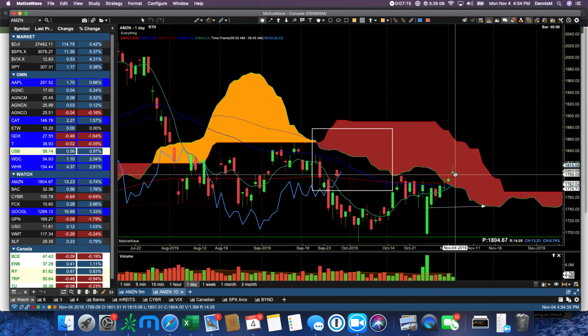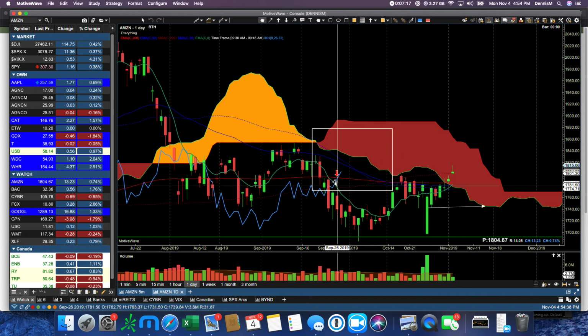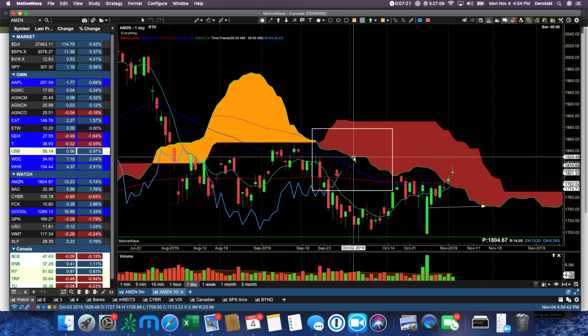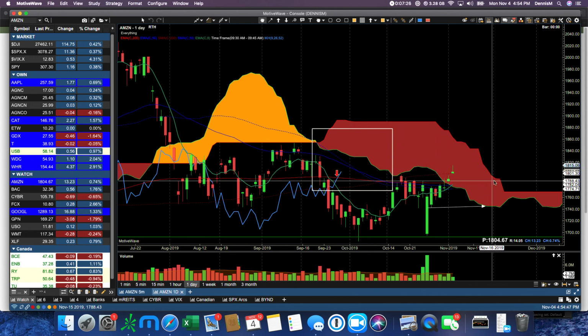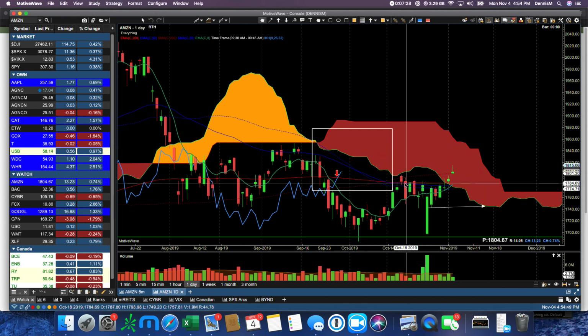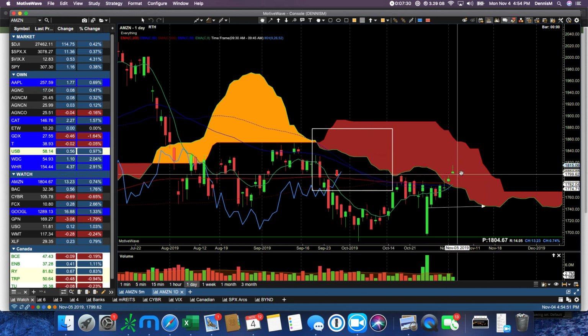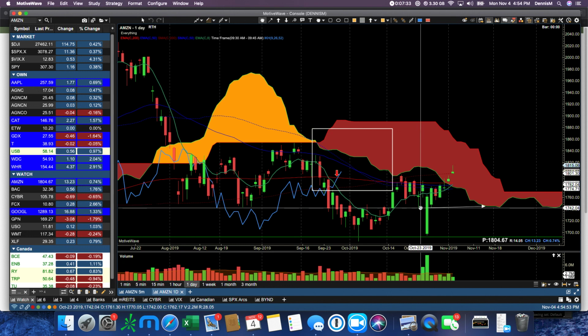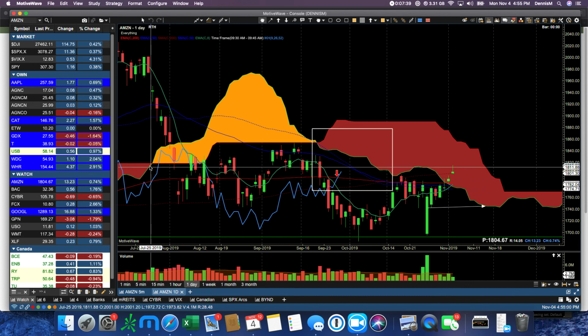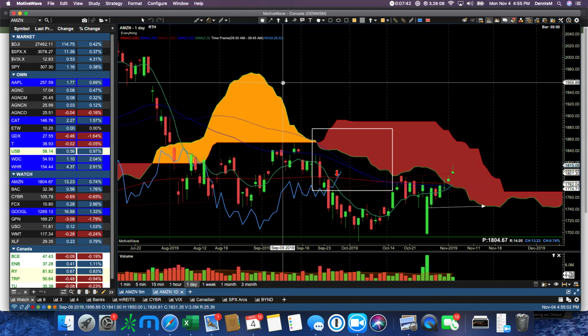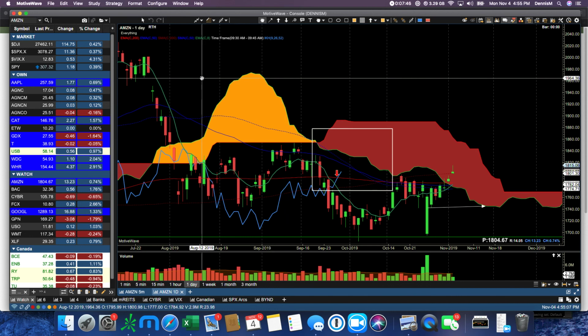Amazon at the bottom end of its candle. The Chikou span has broken out over the 200, still has these 50s in the cloud in the way. But as we move along, resistance decreases in the cloud, and Amazon going into the fourth quarter could be a good stock. And you can sell one put for Amazon December 20th, which would force you to buy 100 shares if it falls by 10%. But we'll look at that tomorrow as well.